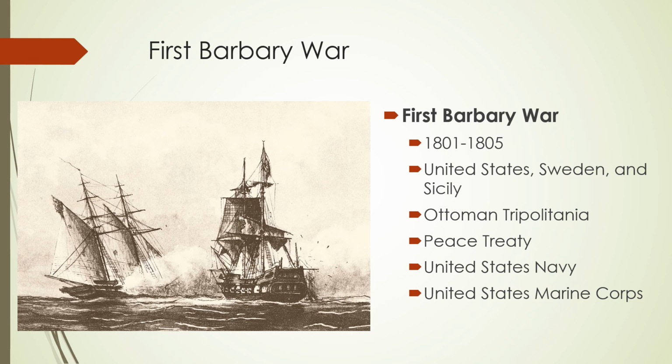So we have this war, and what ends up happening is there's naval battles taking place on the Mediterranean between the United States and these pirates. And I do need to mention the United States is not alone in this. Sweden and Sicily are helping us fight these pirates. But so we have naval battles occurring on the Mediterranean, and also we have marine forces that land in North Africa and basically march on the city of Tripoli. All right, so Tripoli is in modern day Libya. At the time, this would have been Tripolitania.